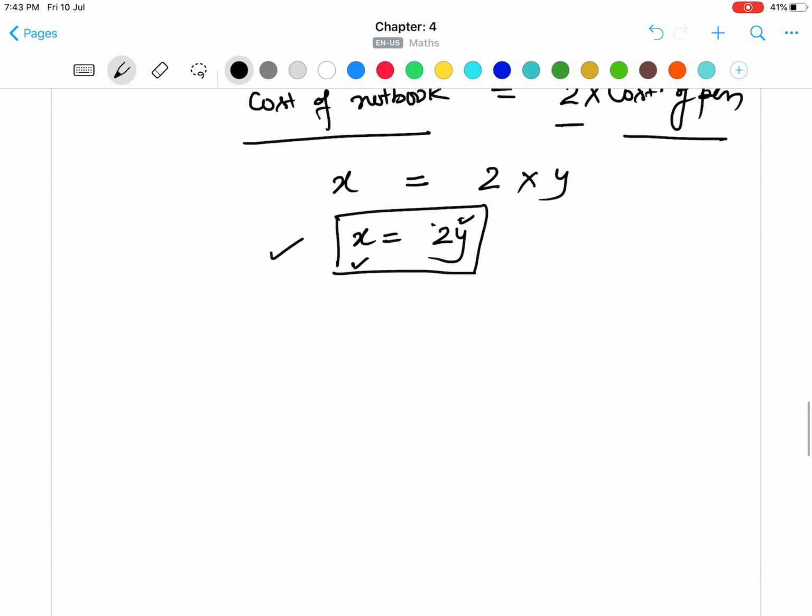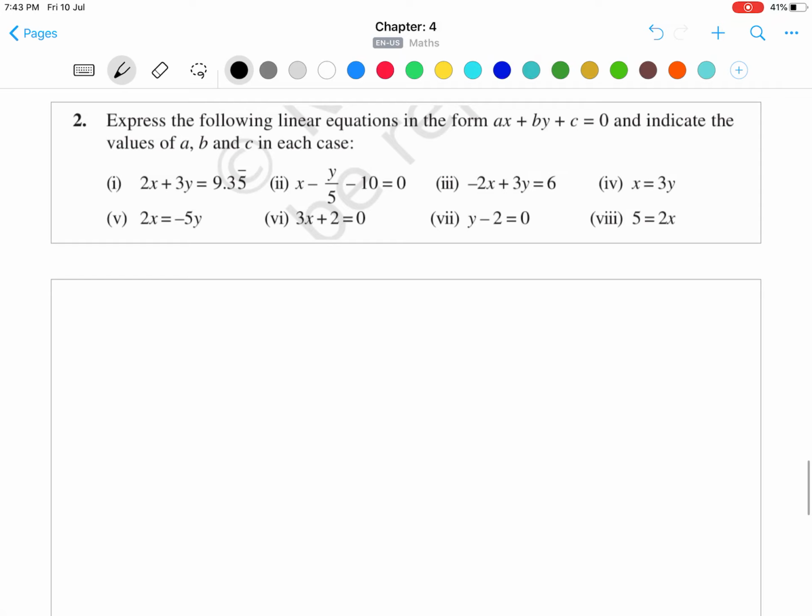Okay, moving to the next question. Question number 2. Again you are asked to express the following linear equations in the form ax + by + c = 0 and indicate the values of a, b and c. Like we did in example number 1. Okay, so let's start. We have answer number 2 part 1. So the equation we have is